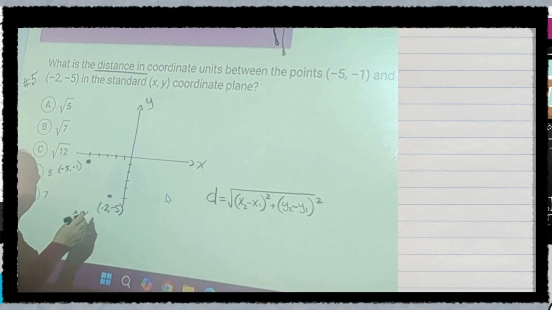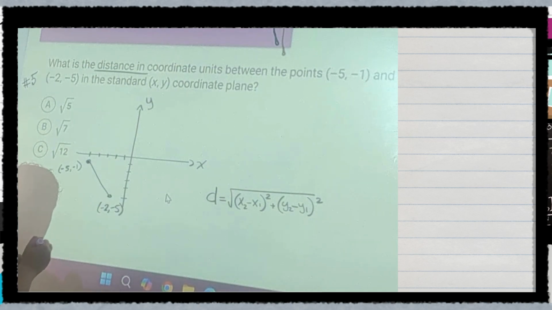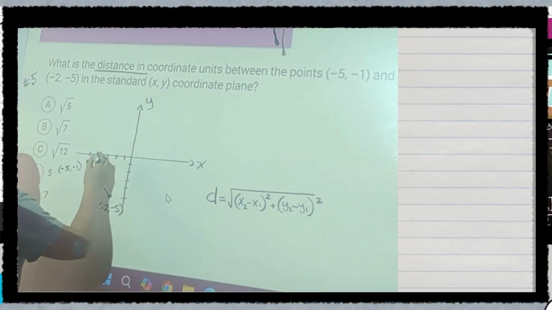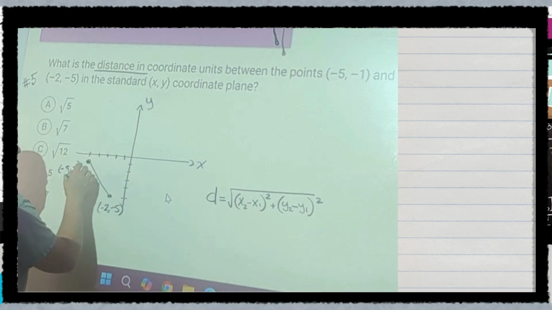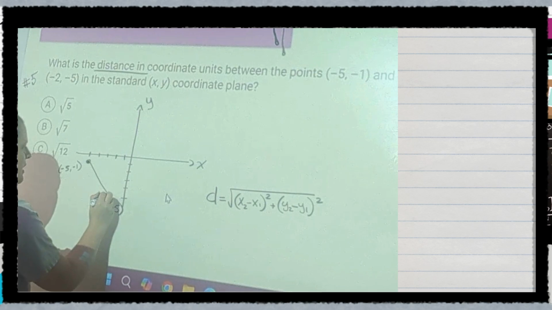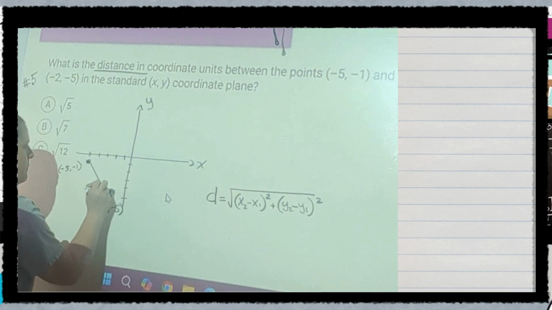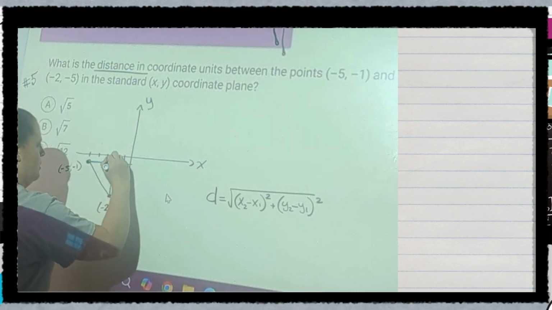We want to know the distance between here and here. If you're using the distance formula, you could call this x1, y1, x2, y2. I'm not going to do that. Here's what I'm going to do. I'm going to make a right triangle. I know this comes 1 unit down, and I know this comes 1, 2, 3, 4, 5 units down. I'm going to come up to here and to here,